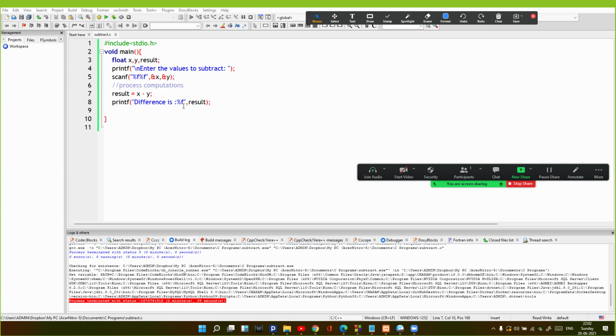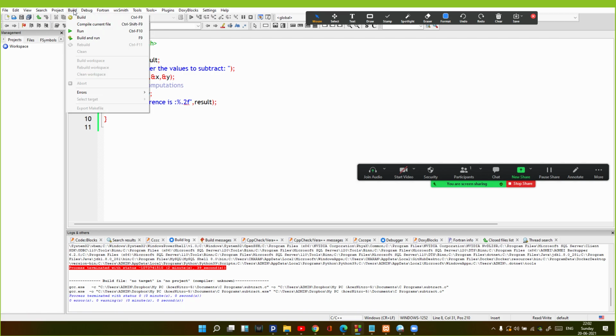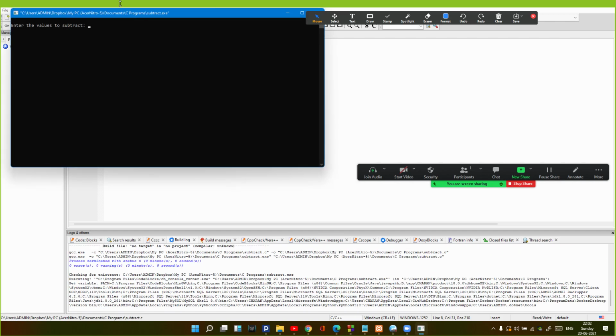I'll close this here. So let's reduce the precision to 2 decimal places. For outputting the results to 2 decimal places, I'll use %0.2f. This will reduce the result to 2 decimal places. Whenever you make any changes to the program, save it again, compile again, and after compilation, run.